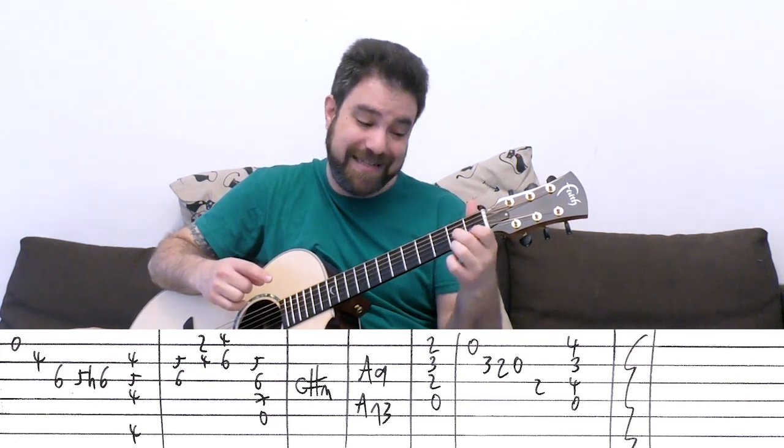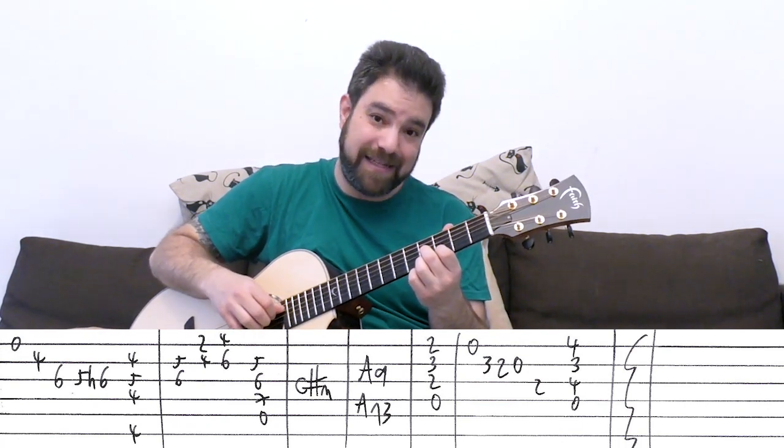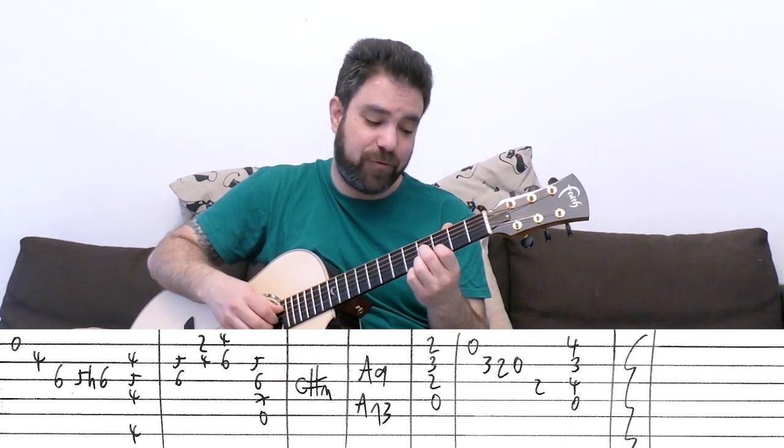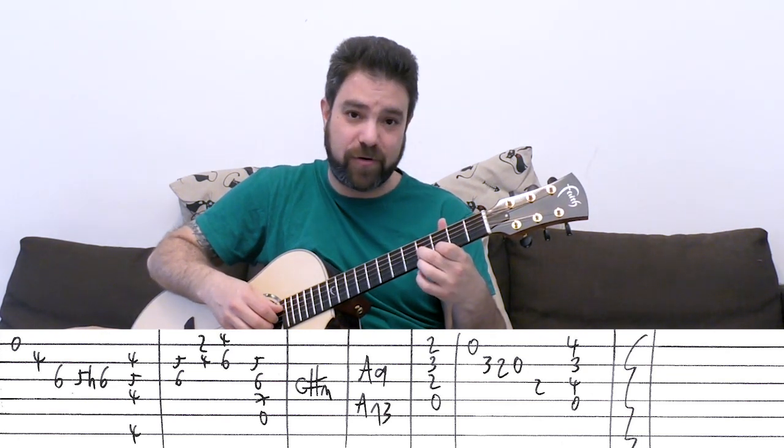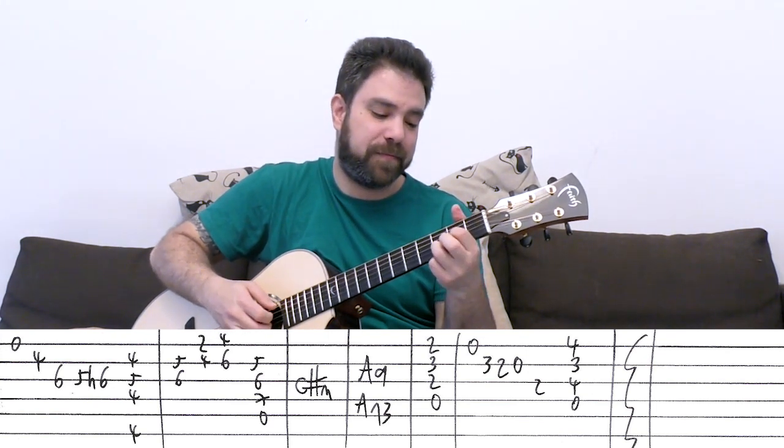Okay, so it's D7 up 2 frets, so it's E7 over D. Okay, it's E7 over D. It's 4-3-4 on strings 1, 2, and 3 with the open D string. Okay, so,